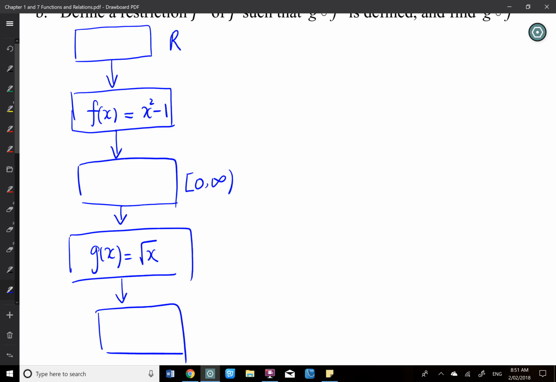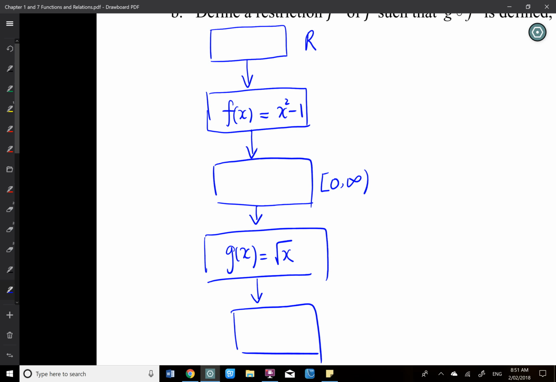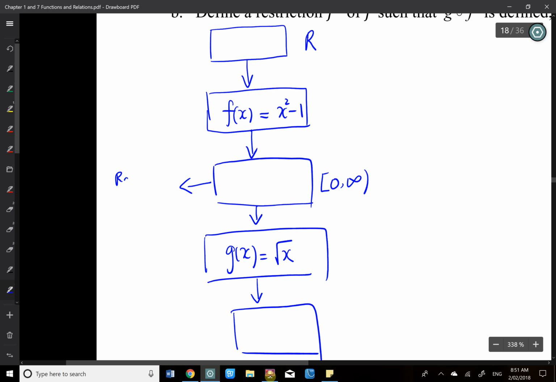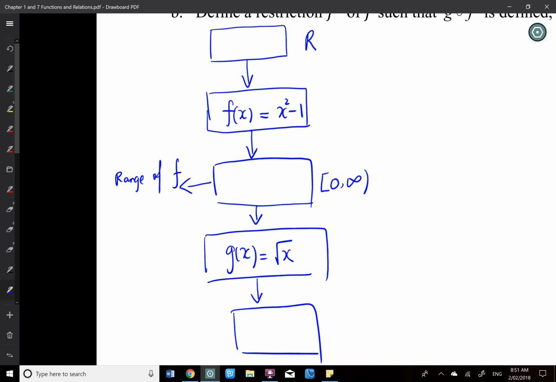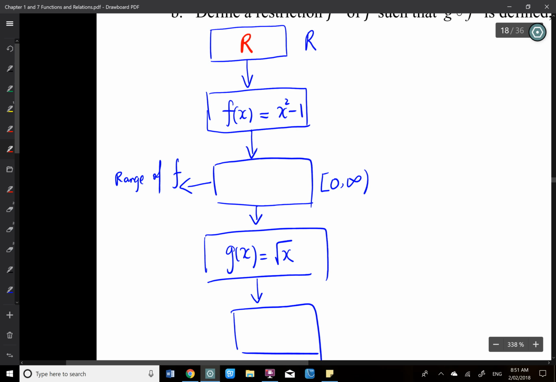When we try one value in the first box here, I sub into that, I get out here. What is that? That is actually the range of f. Because I put something in, I calculate the value, I got something out. That's the range of f. I want to put the range of f into g(x) and then get a final answer out. So if I put R here,